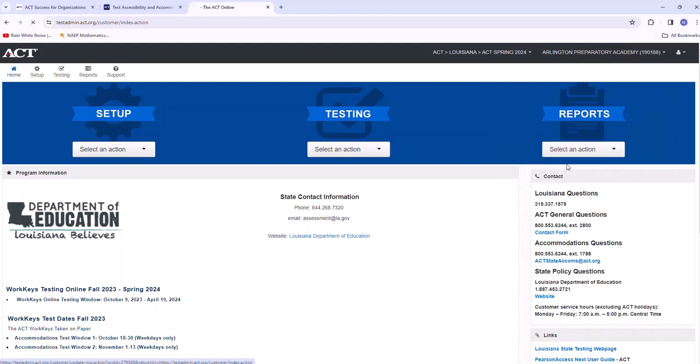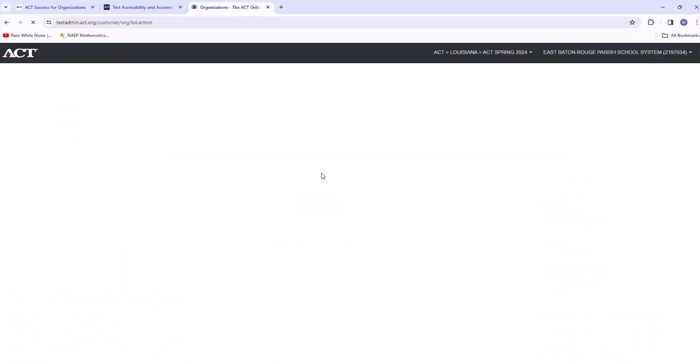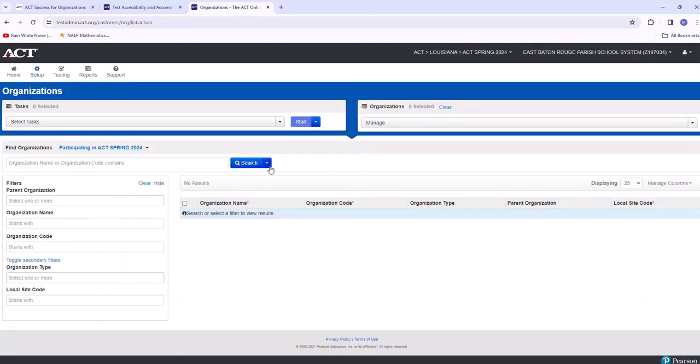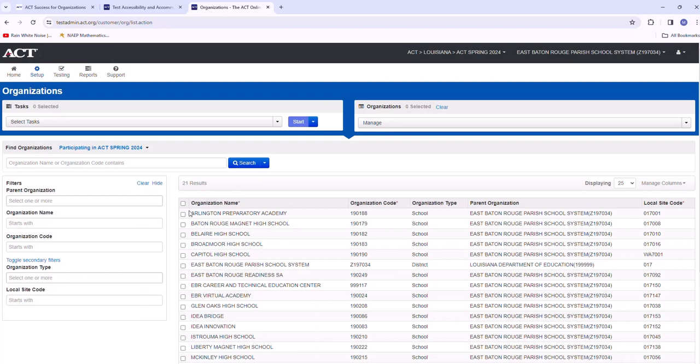Here we go. I'm going to Setup, and then we're going to Organizations, and I'm going to Show All Results. So these are all the schools in the district. And then I'm going to All Tasks.